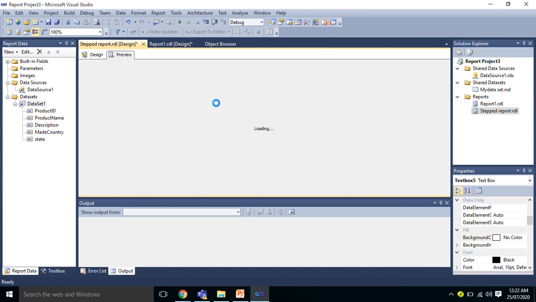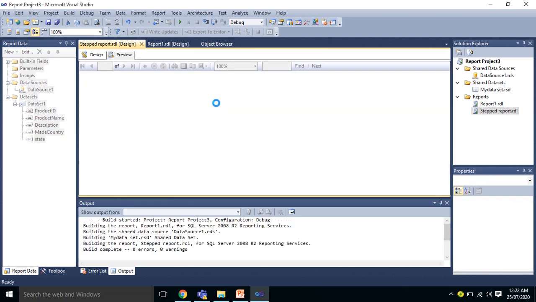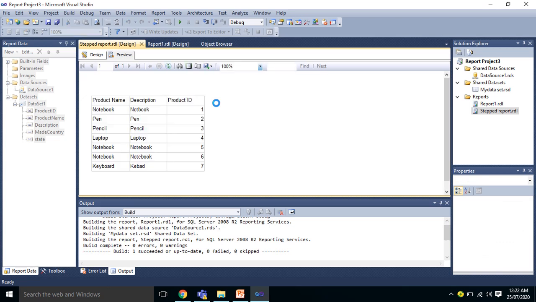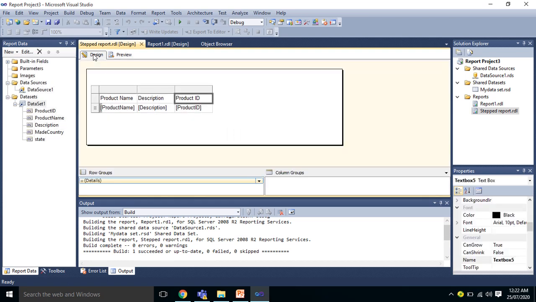Okay, it's loading. See, we have product name, description, product ID. To create the step report, we should have one column as a group. That column will be our country column.